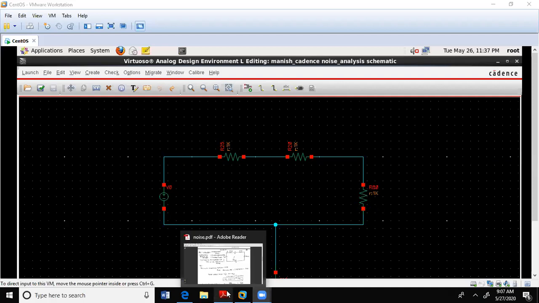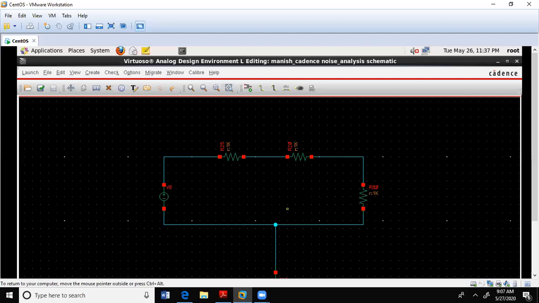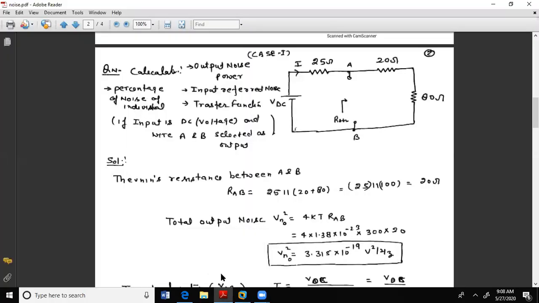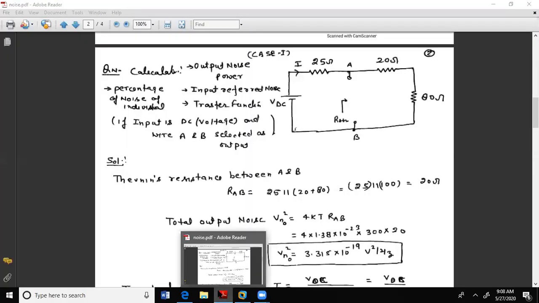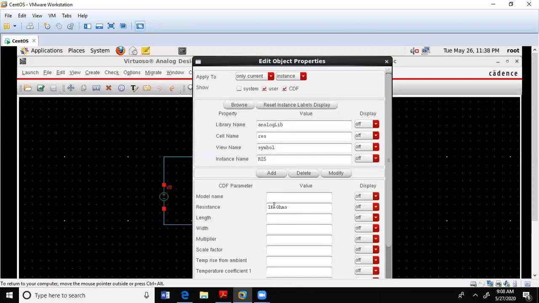In the last lecture, the circuit in the first case had resistance values 25, 20 and 80, and the supply voltage was taken as DC. Same here, we have taken the resistances 25, 20 and 80. So just take the value of resistance. This resistance is 25